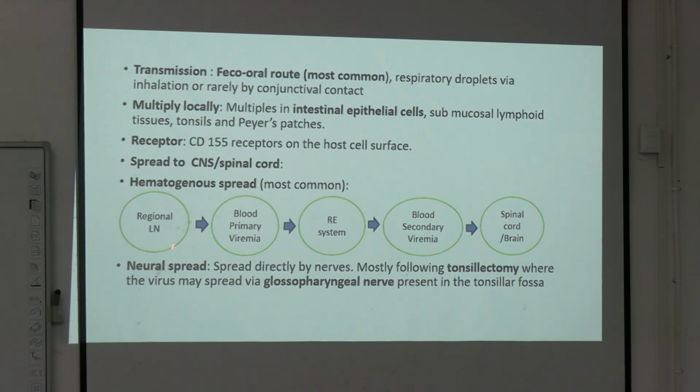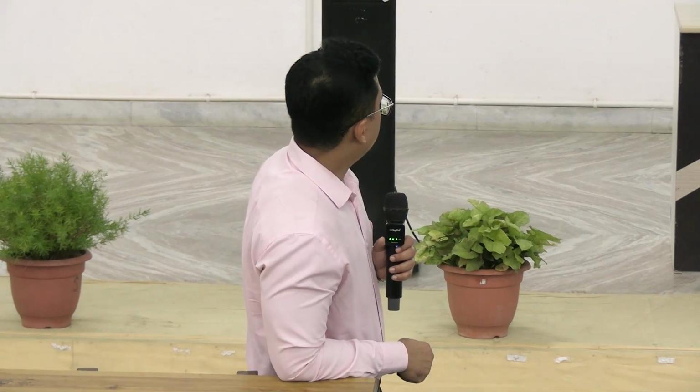আরেকটা ক্ষেত্রে হয় যেটা ডাইরেক্ট নিউরাল স্প্রেড, because this is a very neurotropic virus, because their ultimate end point is... disease টা কি হয় পোলিওতে, it is a paralytic disease, right? সো প্যারালিটিক ডিজিজে মেন ফাংশনাল যে প্রবলেমটা হবে সেটা কোথায় হবে? নিউরন দ্যাট উইল বি এফেক্টেড। কোন নিউরন এফেক্ট হবে? অ্যান্টিরিয়র হর্ন সেলস, মোটর নিউরন, কারেক্ট? ইয়েস। সো আরেকটা ডিরেক্ট স্প্রেড হয় ইফ দ্য পেশেন্ট ইজ আন্ডারগোয়িং সাম প্রসিজিয়ার্স লাইক টনসিলেক্টমি, সেখানে গ্লোসোফ্যারিঞ্জিয়াল নার্ভ ক্যান বি ইনভলভড ডিরেক্টলি। So that is also a way how it spreads,